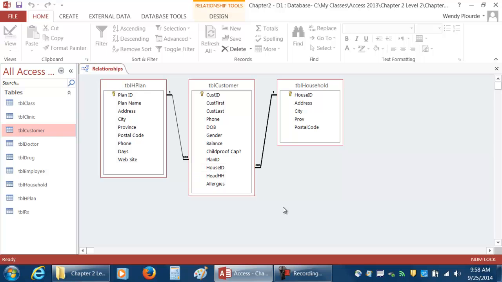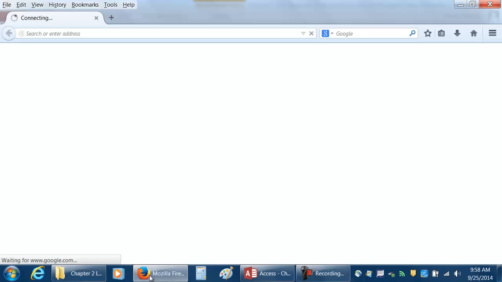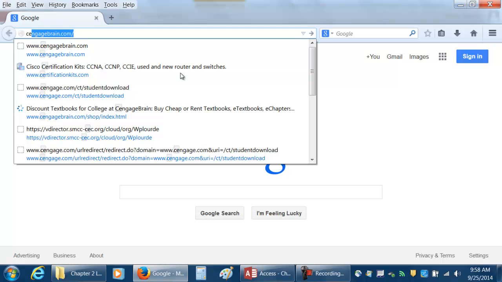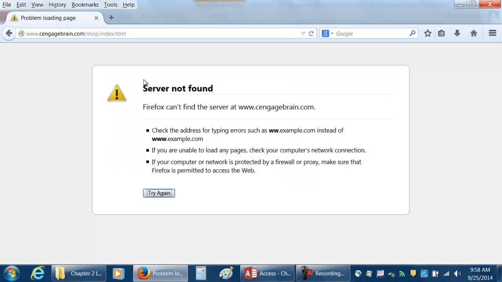The student data files, this is it for the Access portion. The student data files, you can find that if we open up a browser, and it's on the inside cover, the back inside cover of your book. It tells you where your data files can be found. But if you just start typing in and go to CengageBrain.com and try again,